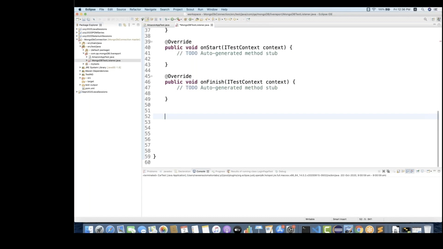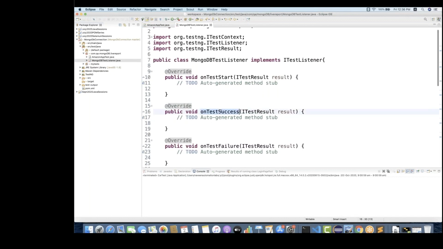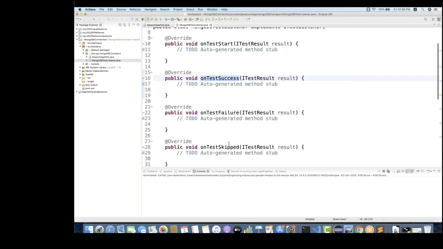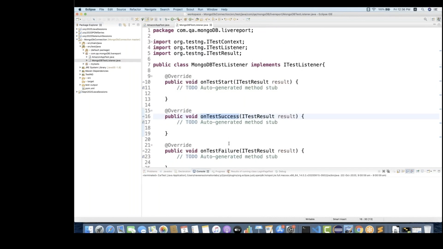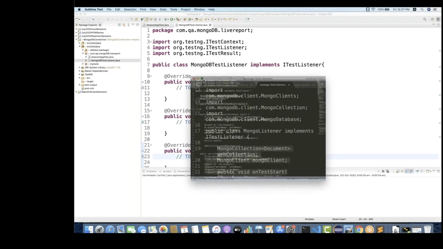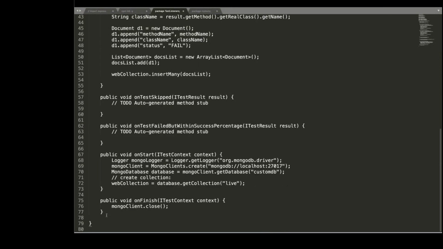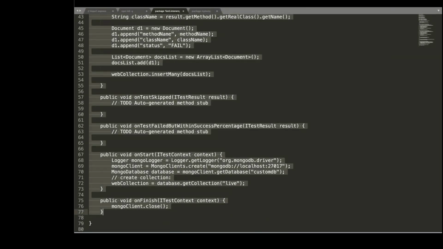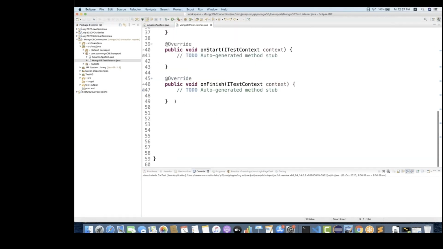So simply add it. Now we will see that in the listener we are getting onTestStart, onTestSuccess, onTestFailure, what exactly you want to do. So the listener code I have already written. Let me just show you, one second, guys. So this is the listener I've already added. I'm just going to copy paste this particular listener because otherwise this video length will be too much. So I'll do one thing, I'll replace these methods with my listener.